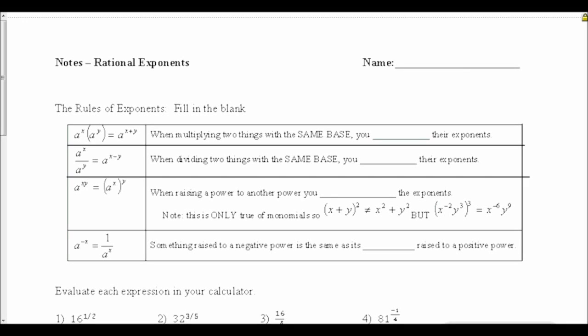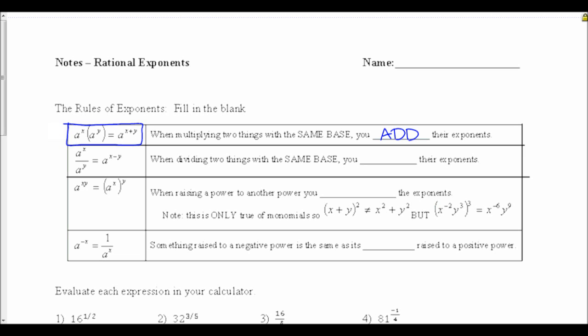In this video, we will be taking notes on rational exponents. Before we can look at rational exponents, let's do a quick review of the rules of exponents in general. In the first example, we have a to the x times a to the y is equal to a to the x plus y. To write this in words, when multiplying two things with the same base, you add their